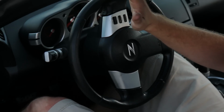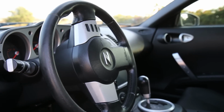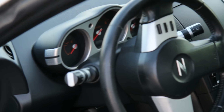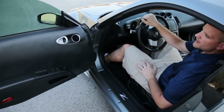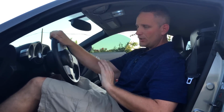All right, here's the interior, and it's got just as much character as the rest of the car does, because it's not perfect. In fact, one of the first things I had to do to this car was take out most of the interior plastics because they were scratched and cracked. It actually had a factory radio in it, which was really good, because a lot of the times you go to these aftermarket radio shops and they do a hack job on the wiring,